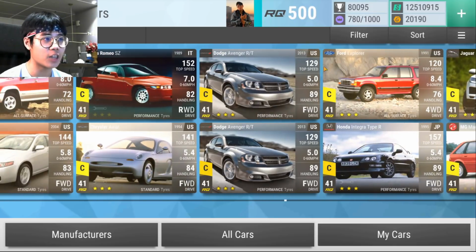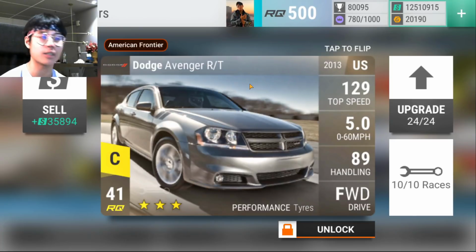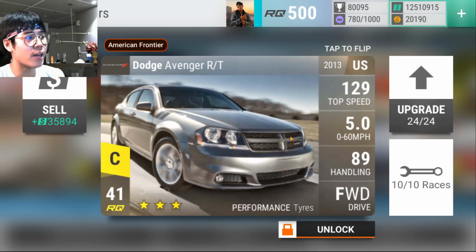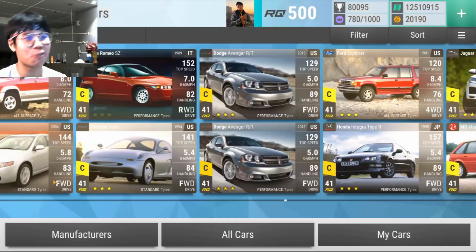I got a second Dodge Avenger RT. Fantastic car. You should definitely get this. It's a Blossom choice. I think it's a Blossom choice at least. If not, it should be. Fantastic little car. I use it in clubs all the time because it's such a great RQ saver for saloons. For city streets medium, 5089 for RQ41 and medium is actually really, really good, and that's why I have 2